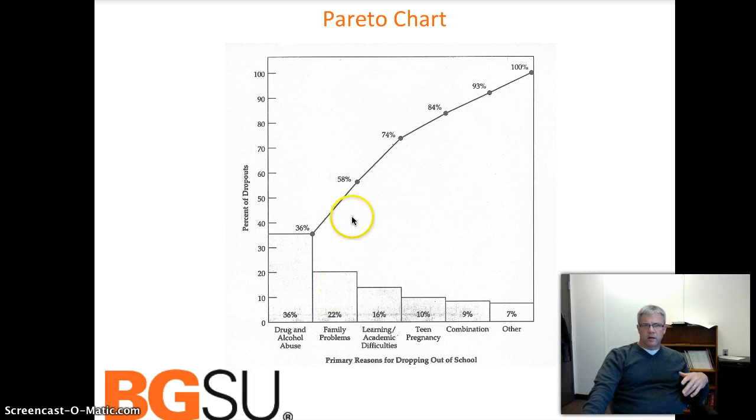So this chart, the Pareto chart, right? This is the idea around dropouts. This is in the text as well. These are the various reasons why a student might be dropping out, and the various percentages of students reporting that. And then this is the cumulative, right? So right around here, nearly 75% of all dropouts are only in these three categories. So that's information that we can gain. Almost 60% are in these first two categories. So this is a way, again, to organize and look at data in a way that may be helpful to us.